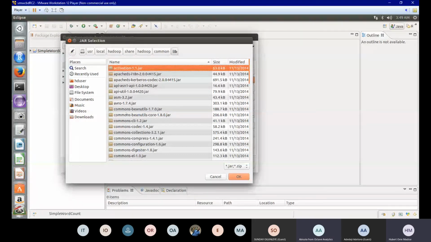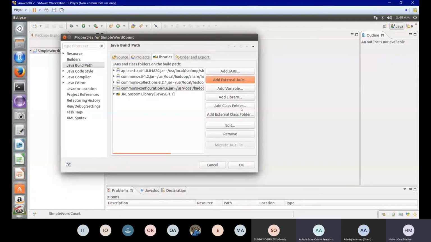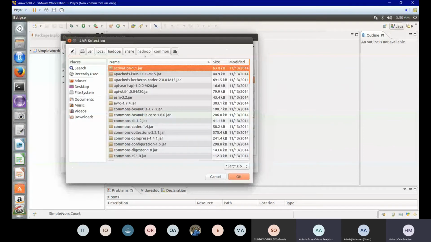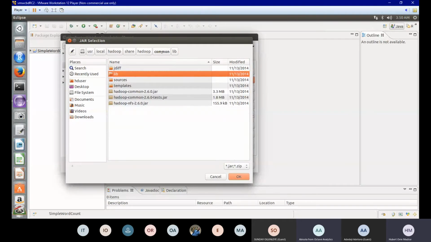I'm seeing commons. Configurations, yeah. This guy. Okay, we're in common already. No, I think 1.6. Okay, we have to go back now, right? How do I go back? So to go back, go to add external jars. And now you don't want to go to the lib. You want to go to the Hadoop folder, right? So I think it's common. Is it common? Oh, common folder. So that is it. You just click on common.